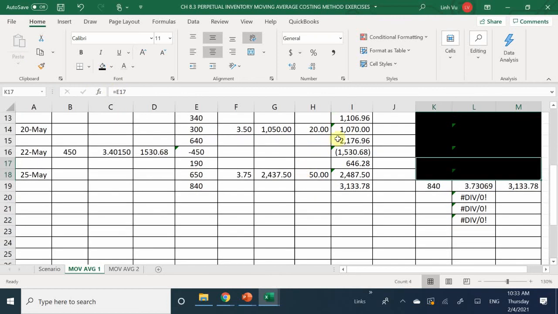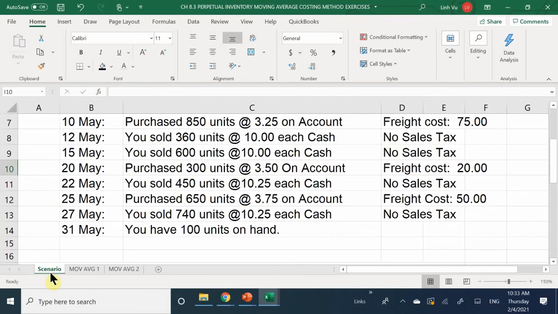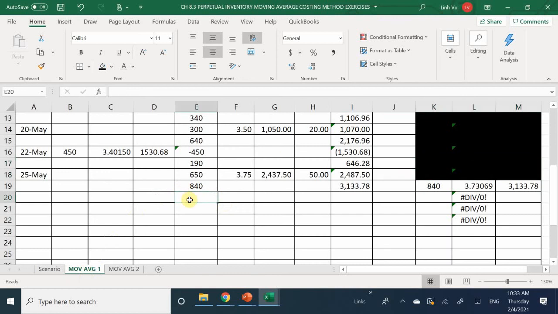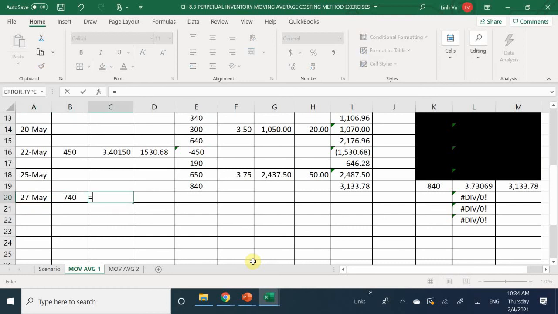Okay. All right, and then let's see what happened here. Then lastly, or second to last, what happened on May 27th? We sold 740 items, and of course, on May 31st, you should have at least 100 items left in inventory. So let's go ahead and validate that. My average cost per item is going to be